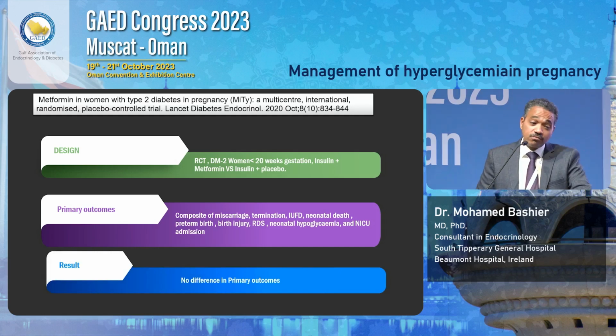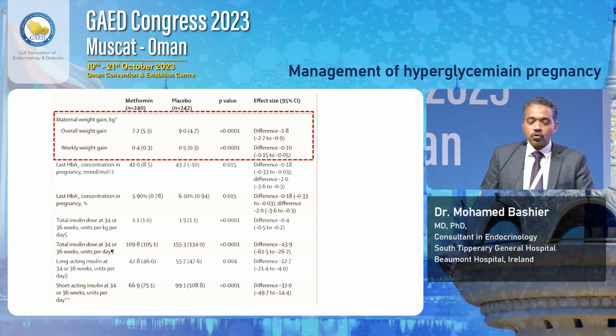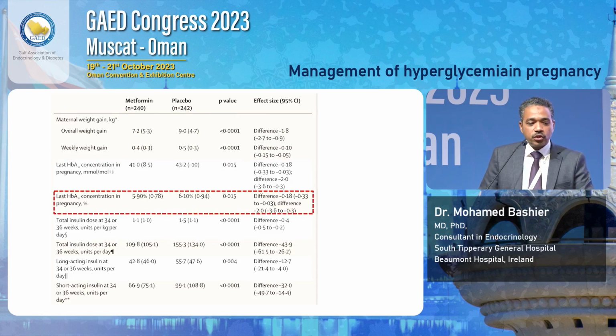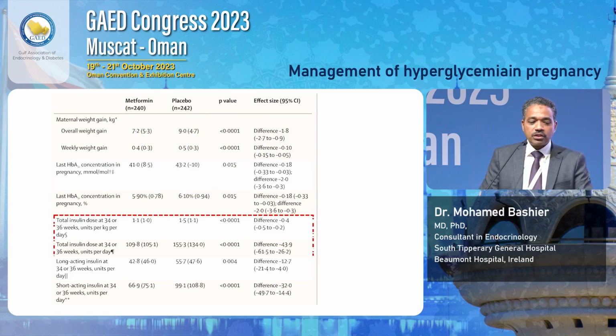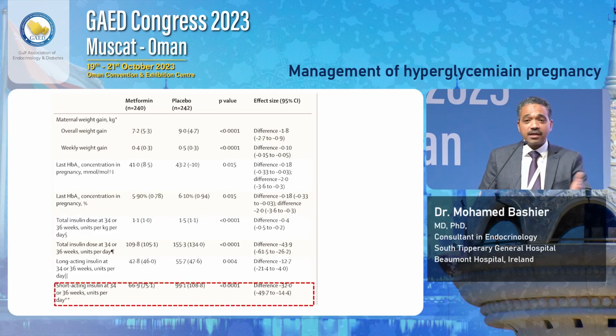But you can look at the secondary outcomes and think about why I use metformin in type 2 diabetes. I use it in order to avoid excessive gestational weight gain. I use it in order to get more patients to achieve targets. I use it to reduce the amount of insulin, whether long-acting or short-acting, and avoid hypoglycemia. There are multiple things you need to take into account, and all these secondary outcomes were positive with the use of metformin, but not the primary outcome, unfortunately, and that makes these findings not conclusive.